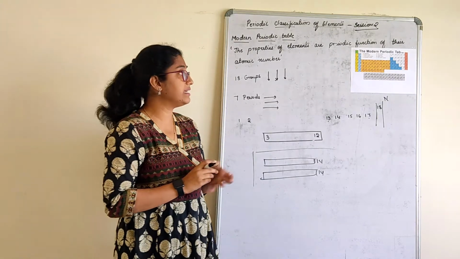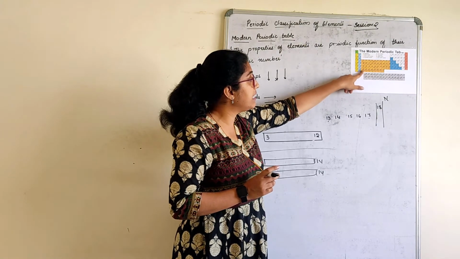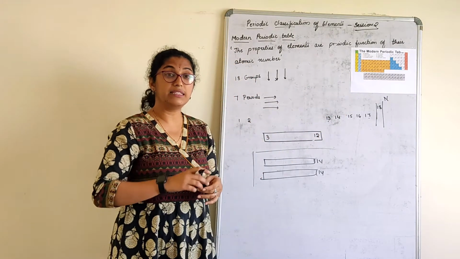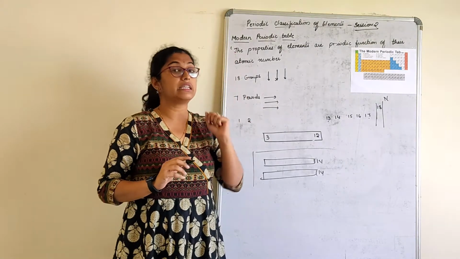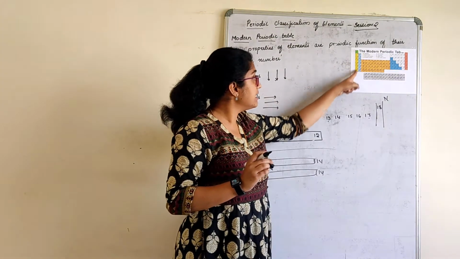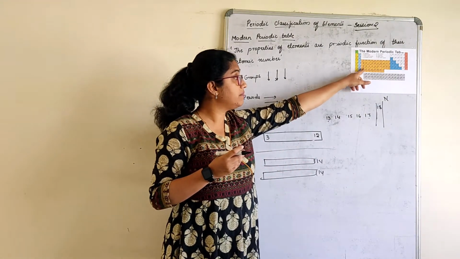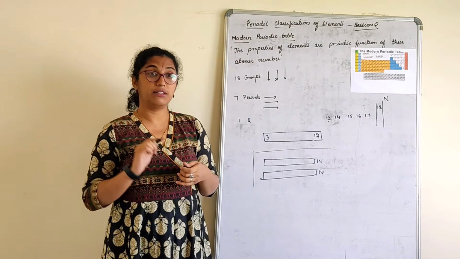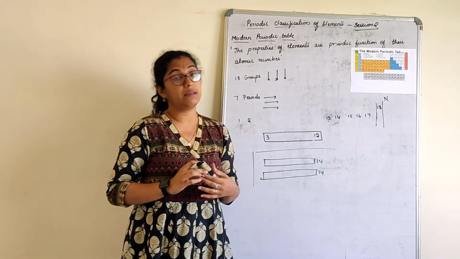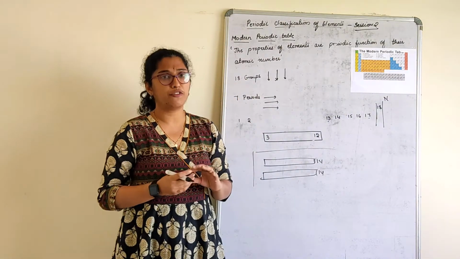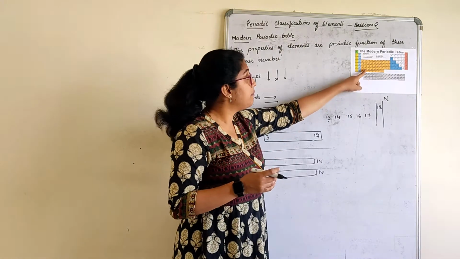So it was decided that for lanthanum and actinium, these elements had more horizontal similarity than vertical similarity. I have vertical similarities in the group, right? But in La and Ac, the similarity was horizontal because so many were there. So we placed them separately in the periodic table. We made them a separate part of the periodic table, but they still belong to group 3, right? They belong to group 3.